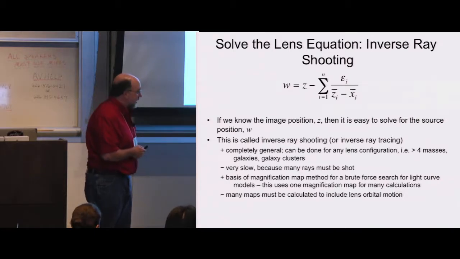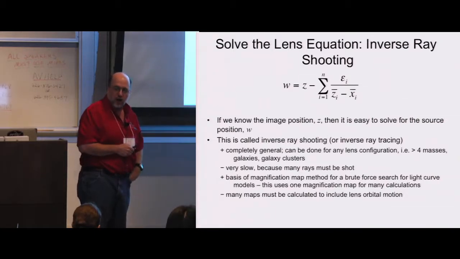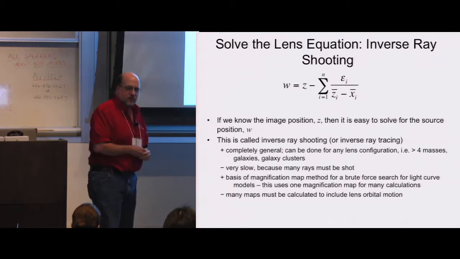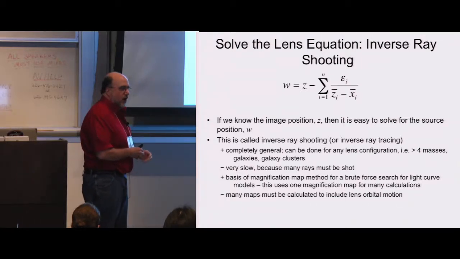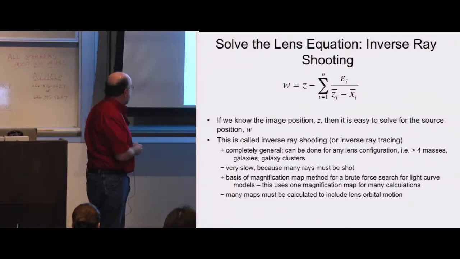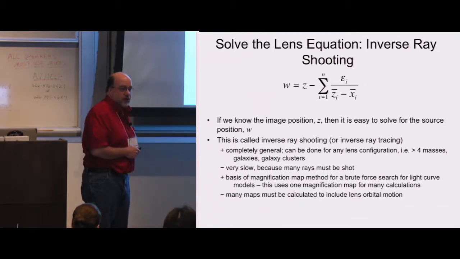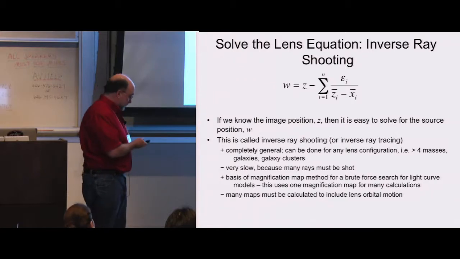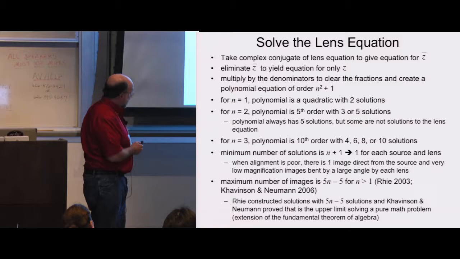And so this is a method that is normally used for studying lensing by galaxies or clusters of galaxies, where you have a more smooth mass distribution. And it's an important component of many of the methods we use to